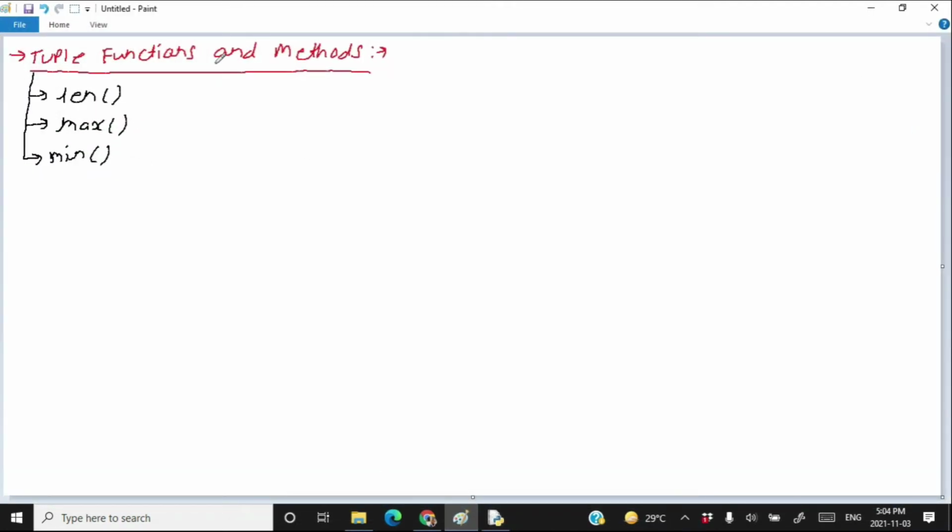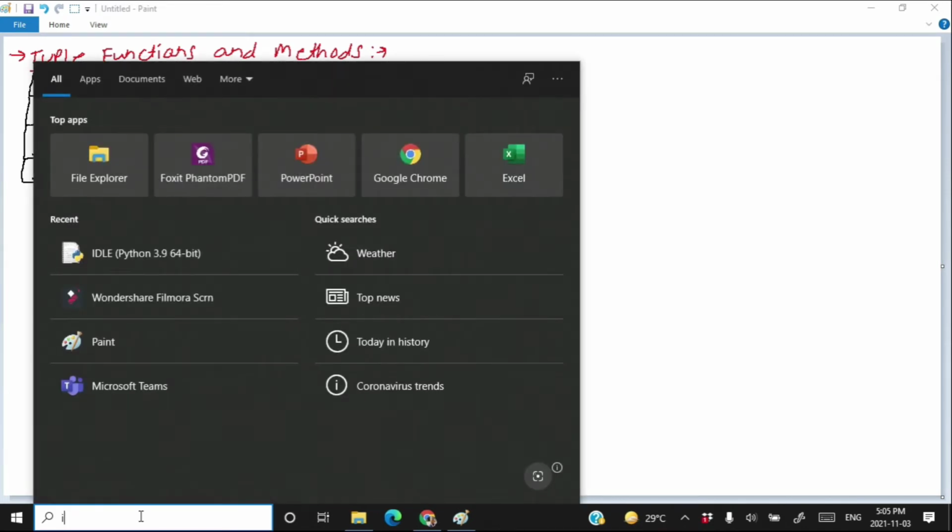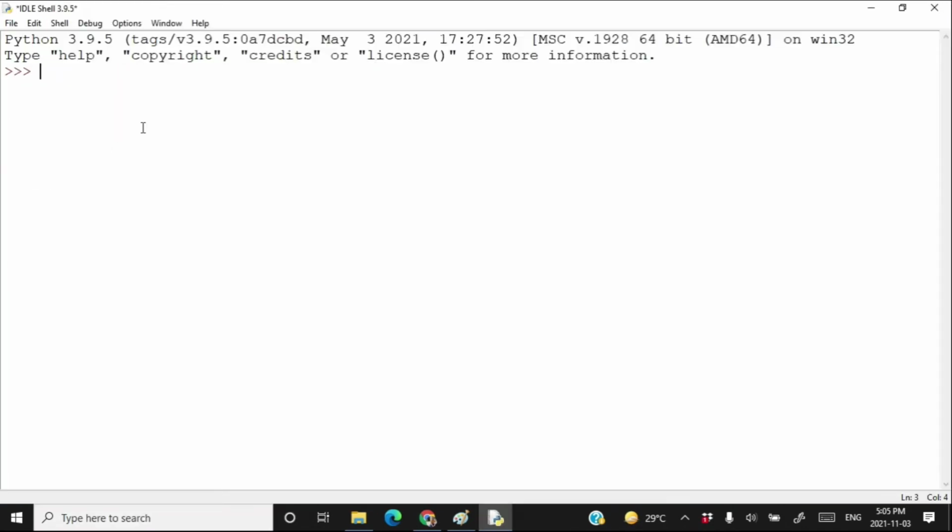The next we have the sum method. The sum method adds all the elements of a tuple. If you provide a tuple to the sum method, it adds all the elements present in the tuple. Type, ideally you have L1 is equal to 1, 2, 3, 4. Press enter.